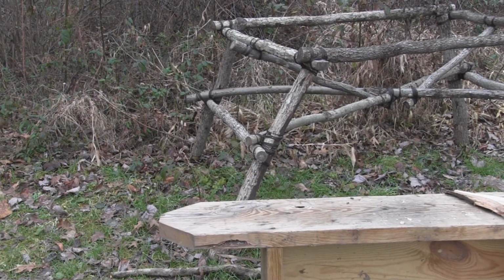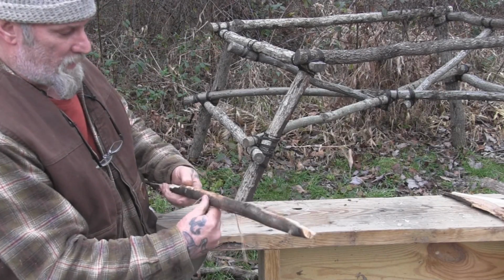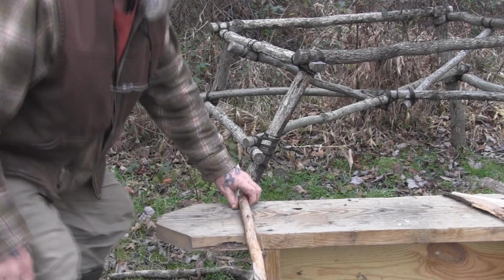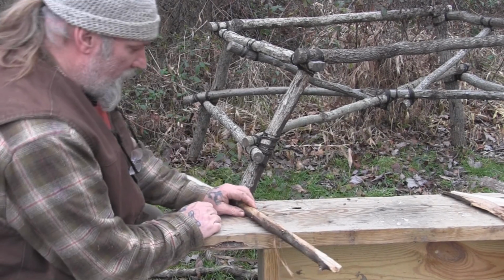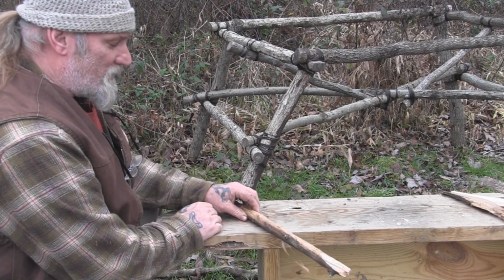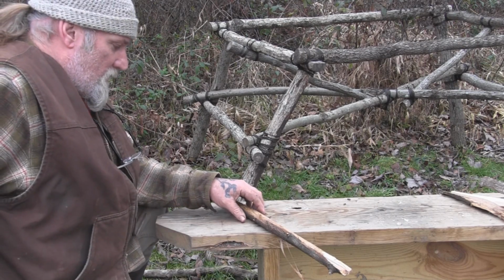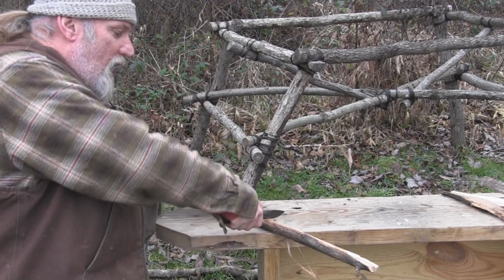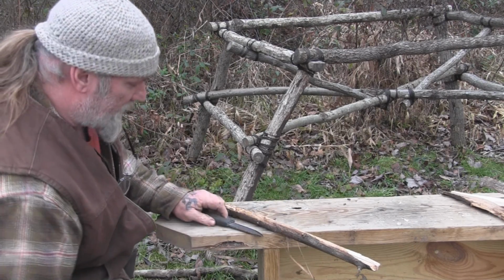Now you may get to a point where you want to put a notch in a stick, whether that be a log cabin notch, a V-notch, a 7-notch, whatever the case may be. And much of the time, batoning is the easiest way to make that shearing cut to start that notch. So instead of trying to push down on the material and rock back and forth to make that shearing cut, I can come in here with my